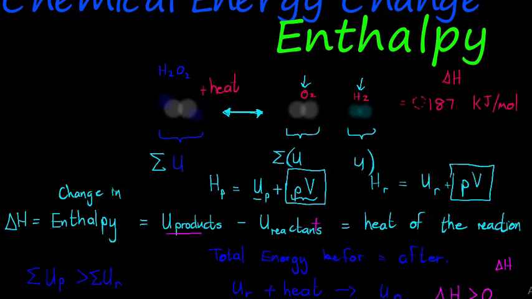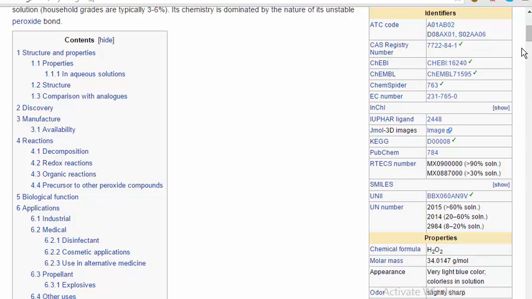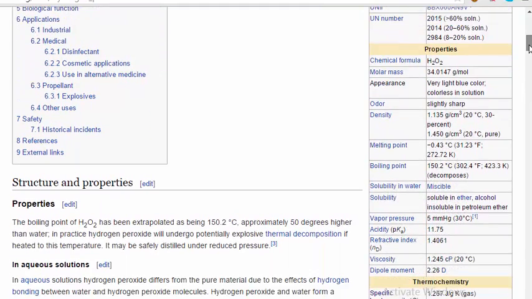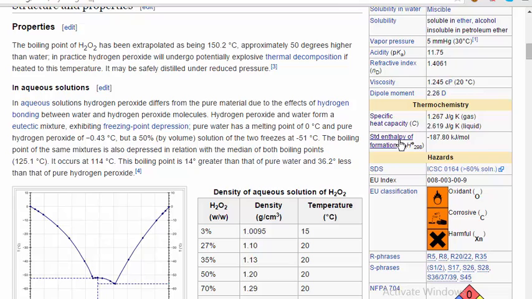You can look at any compound that you can imagine and Google the compound, and if you go to Wikipedia, that's for example where I got this value. It will give you in a column on the side the enthalpy of that reaction. So let me actually show you. Here we have the Wikipedia article on hydrogen peroxide. Here it shows you what the molecule looks like, and it gives you a bunch of information on the side. And if I go down here, the standard enthalpy of formation is